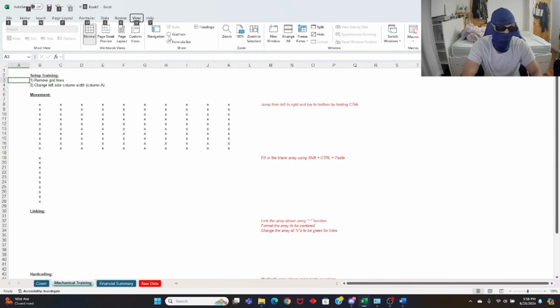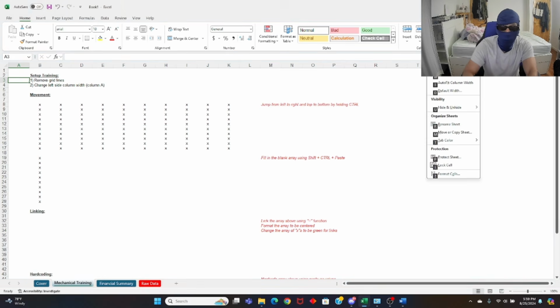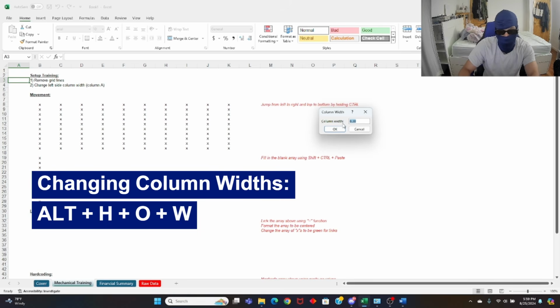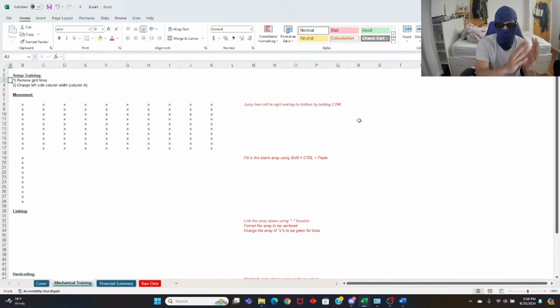So what we're going to do is Alt, we're going to click into that top ribbon, H, open up, and you're gonna find column. So where is sort of the column manipulators here, right? Right here, format. It's gonna be under here. O, and then you're gonna have your various options. It opens up another layer of drop down, and you can click whatever button. And for this one, we're gonna go column width. So it's Alt H O W, and then you open up, and you get to choose what your width is. Usually, I just choose 1. Enter, and it sort of shrinks that column.